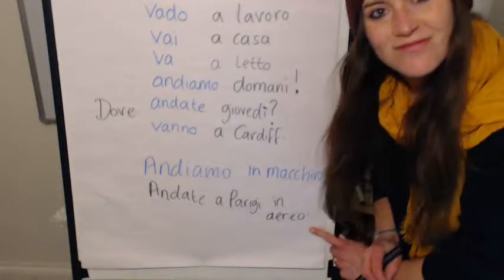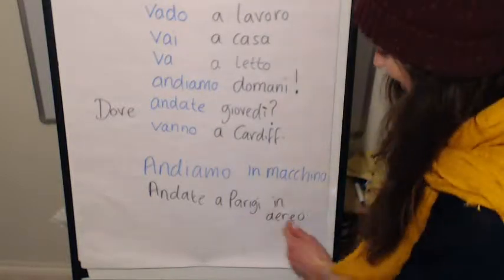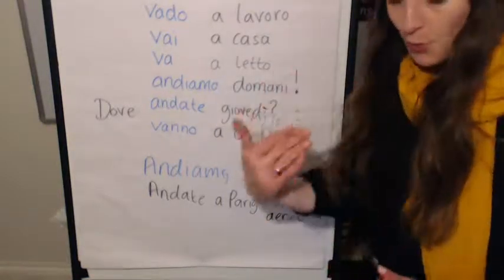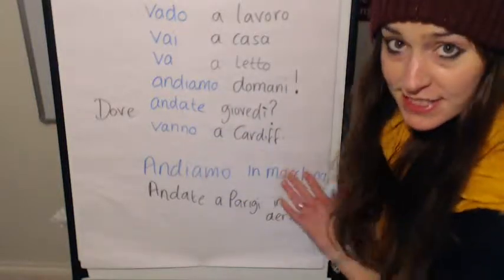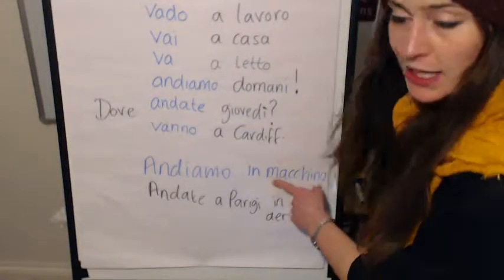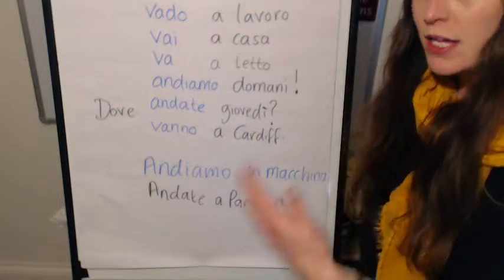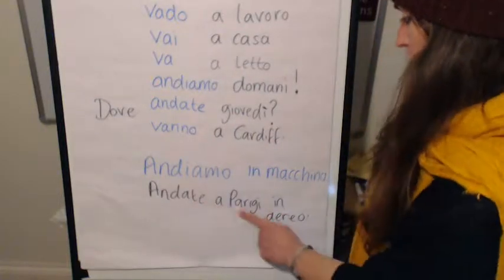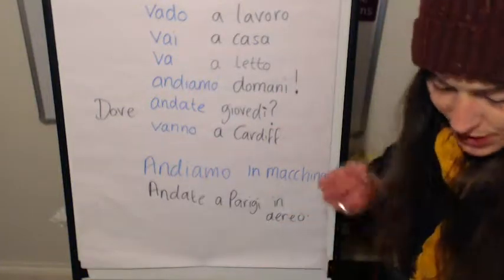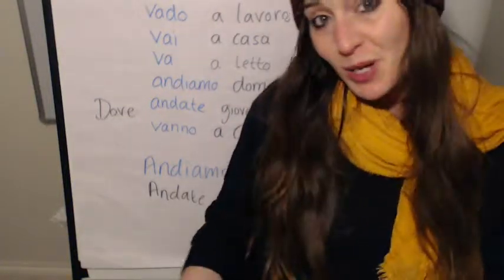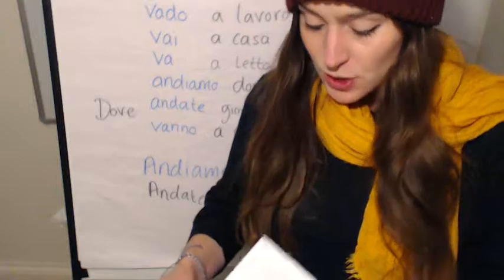Aereo. By plane, right? So even though in English we say by plane or like on a plane, there's little set phrases, especially for transport. So in macchina means by car. You are going to Paris by plane or in a plane. There's also in bicicletta, by bike, by bicycle. So you'll find that